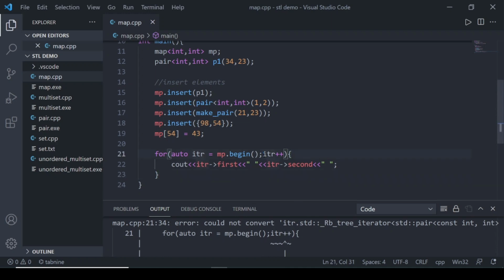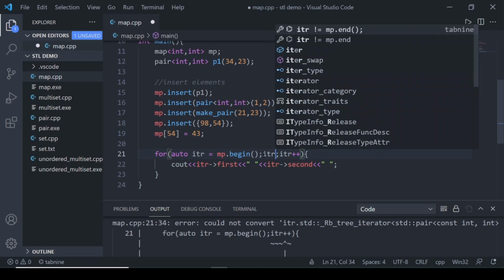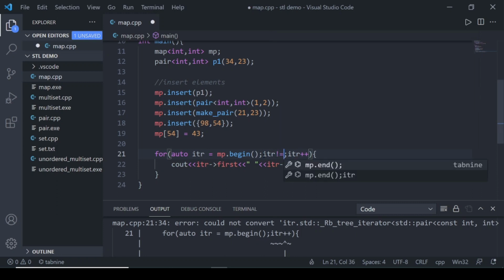Okay, I have not written the condition, so I have to iterate till itr is not equal to the end of the map. Okay, so now it will work fine.